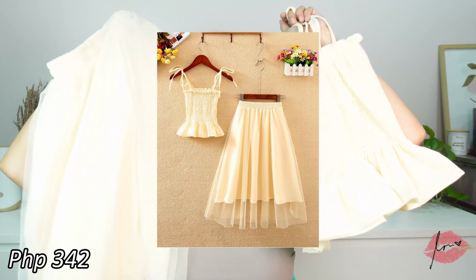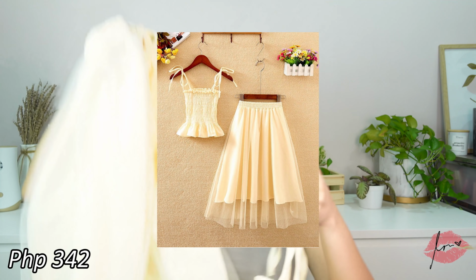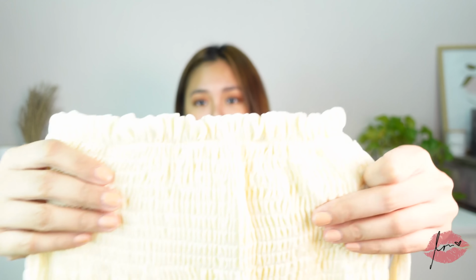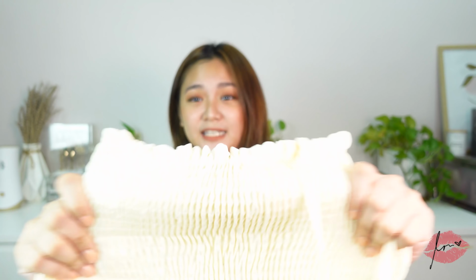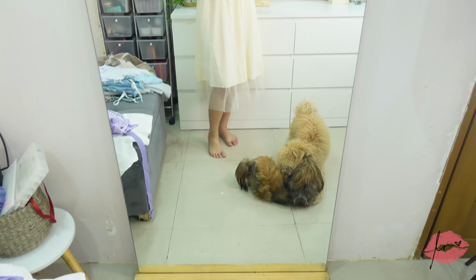So, next we have this yellow coordinates naman na meron parang patul skirt dito at saka ito yung top niya. Parang siyang crop top na smoke. Ayan. Medyo nahihilig na kasi ako lately sa mga smoke na top na mga ganyan-ganyan. Gusto ko na to. So, ito yung kinuha ko. So, this is what it looks like sa aking...